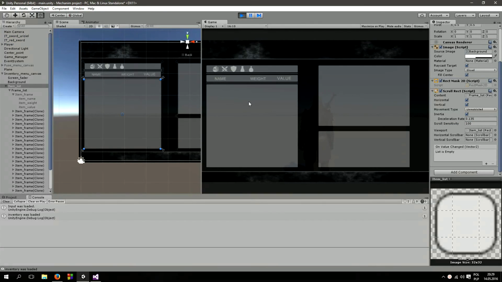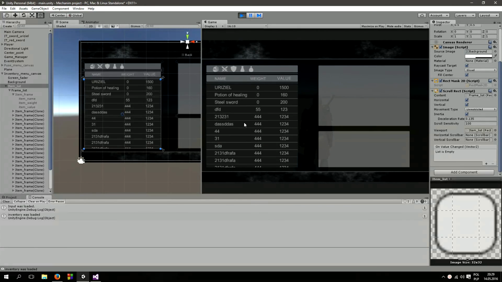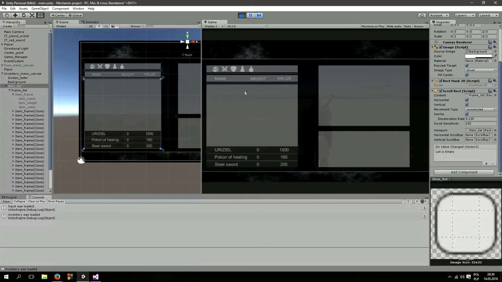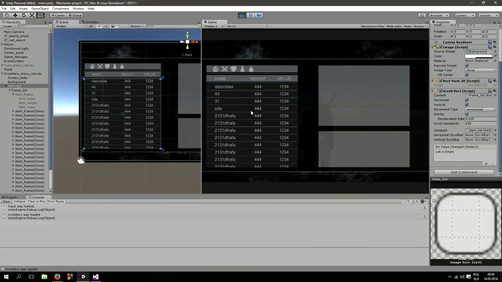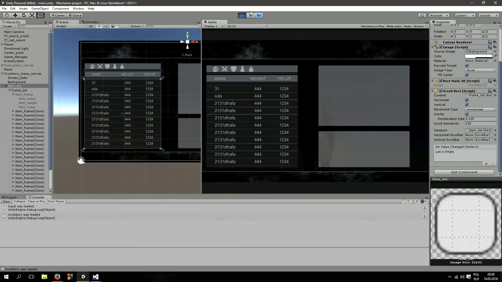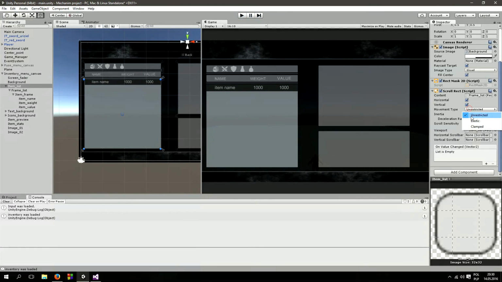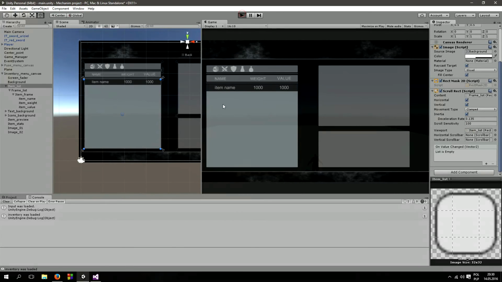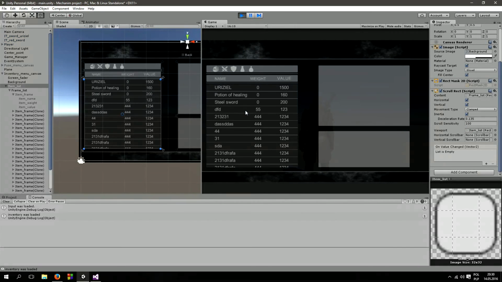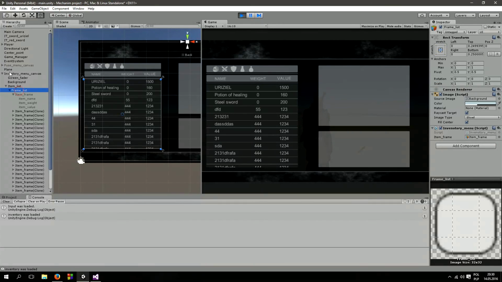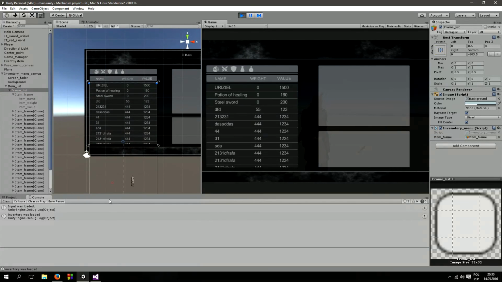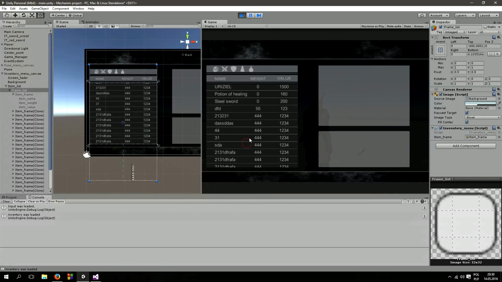Now the list is moving, but we can move it too high. You see that's not what we want. So changing this to clamp does not help, because we cannot move it at all, and that's because it moves this rect in this rect, and since they are the same, we cannot move it. If we expand it down, say like this, we will be able to move it, but